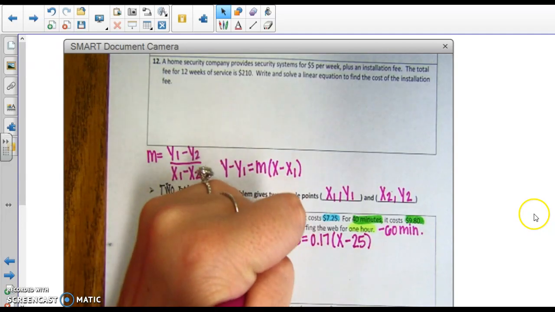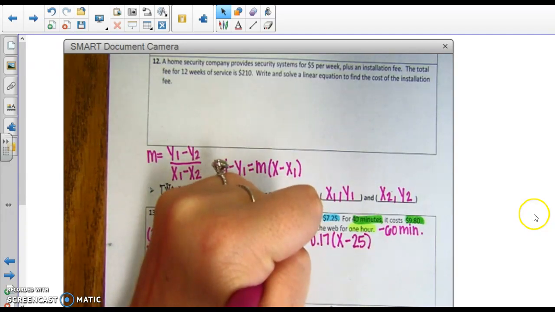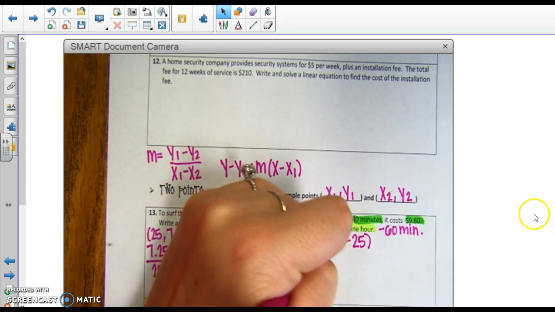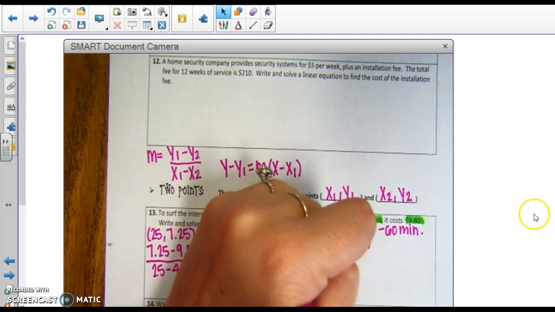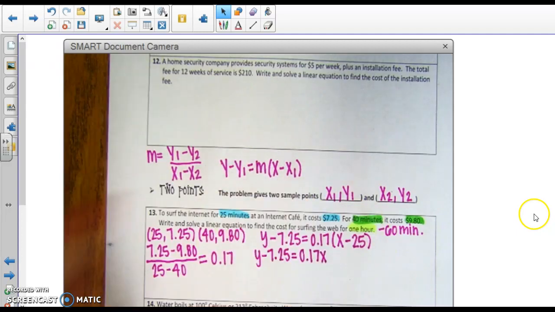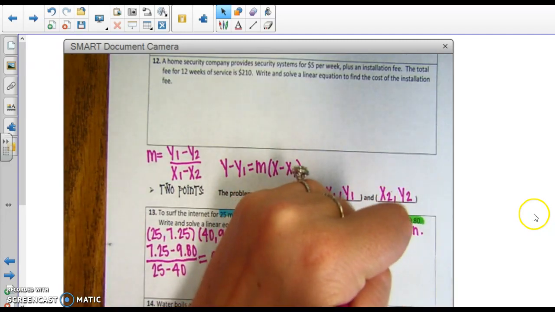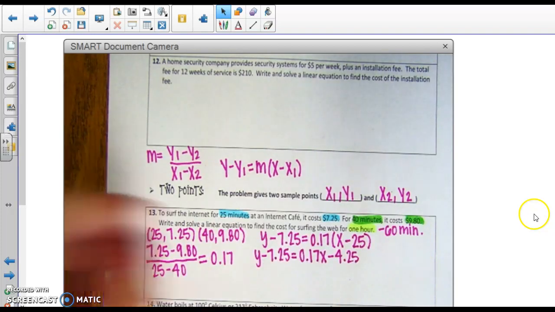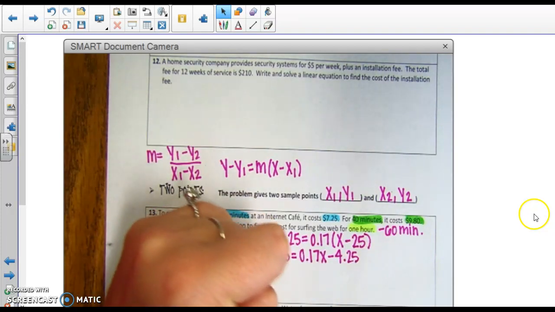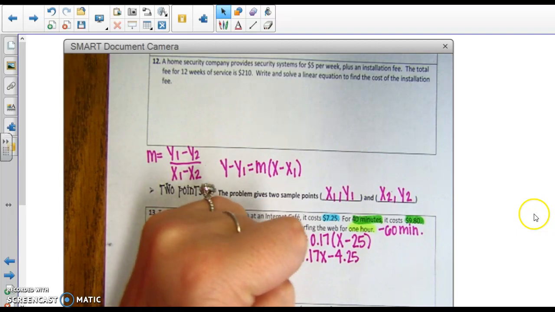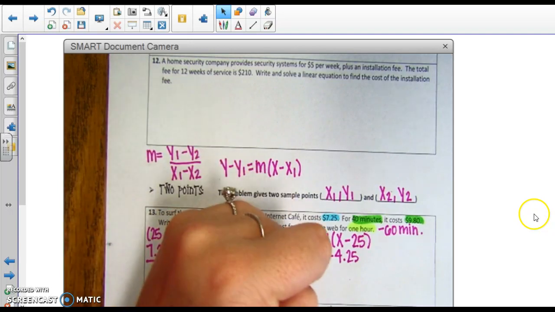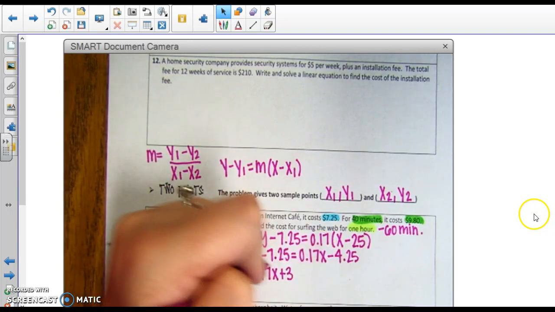So once I simplify that out, or distribute my 0.17, I'm going to get y minus 7.25 equals 0.17x, and that's going to be minus 4.25. So then I end up with y equals 0.17x plus 3. I had to add this to